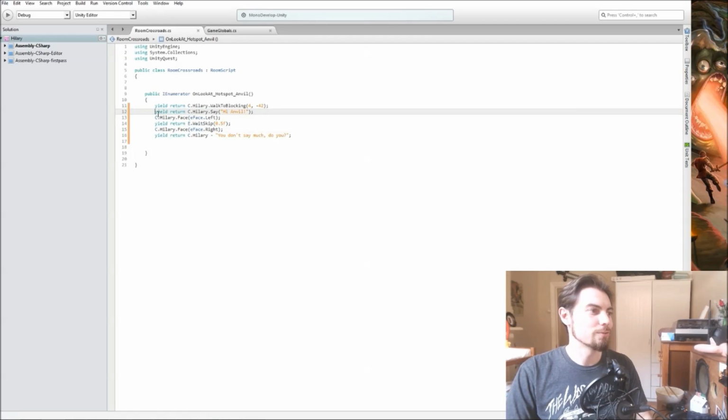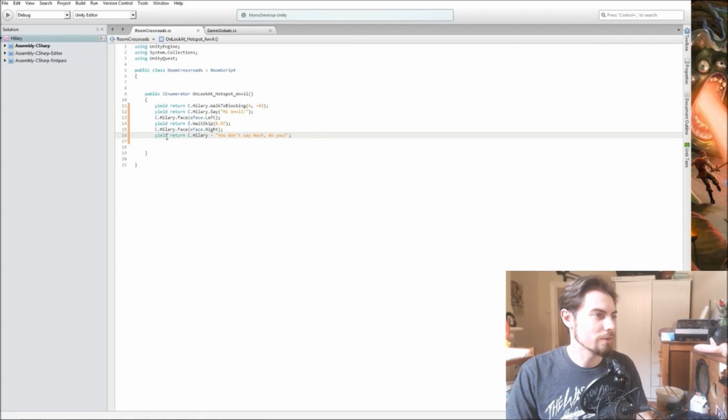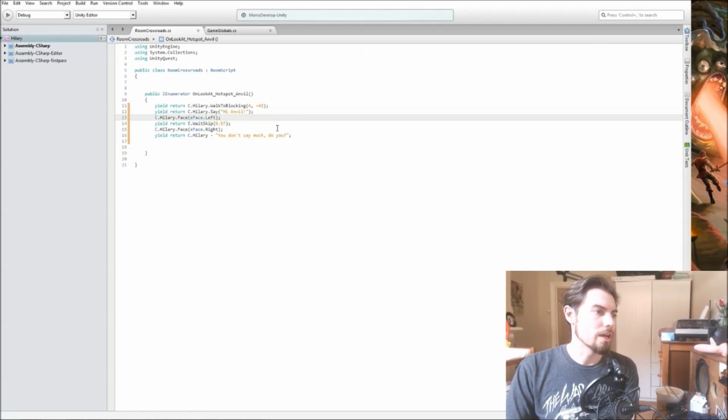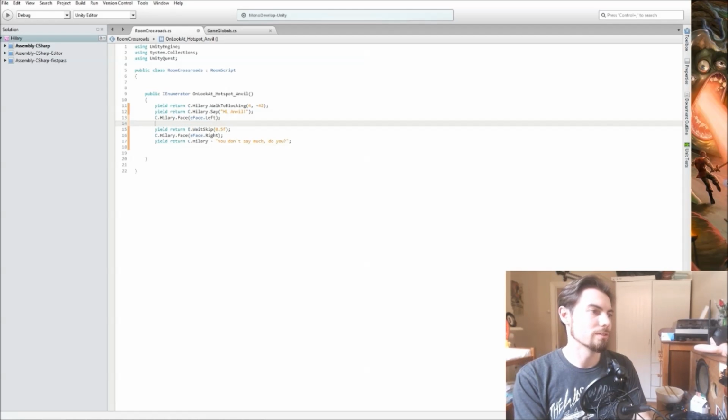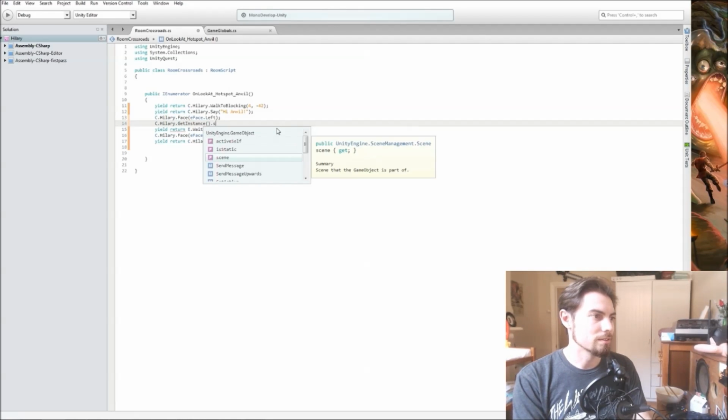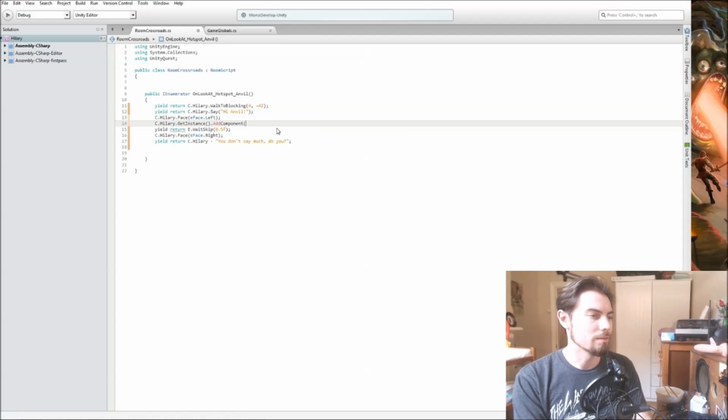So yeah, this yield return thing's really annoying, and I wish there were macros or something I could use to get rid of that. But still, it's basically the same number of lines you would have in AGS, and it means you can have more complicated stuff in here. So I could say Hillary get instance, that's his game object, and I could, I don't know, add a component to it, assign motion component or something,